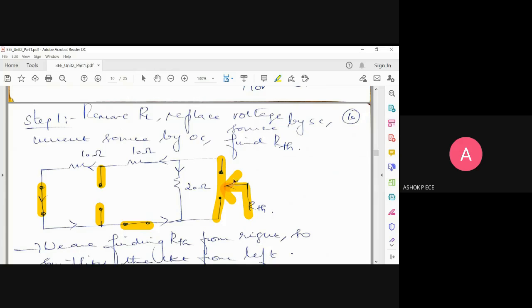If a voltage source is there at the removed component, I have assumed the current direction like this. Then a current will come here and it is going to split into 2. Not a parallel, but in the other branch, you see the same current is flowing through 10 and 10. So now I have given a clue for you to find RTH. So RTH is 10 ohms.